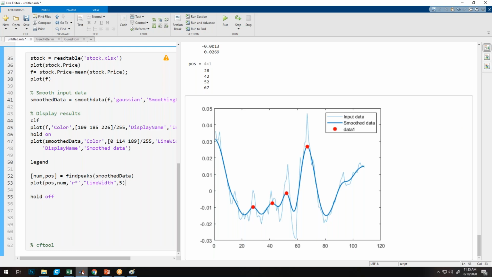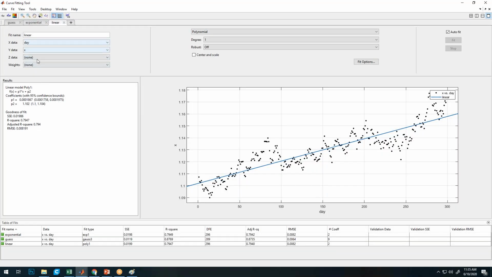For the curve fitting tool. Okay, let me check. In which section, ma'am, are you finding it? On the tools menu, in the above menu bar. Okay, this option, prediction bound.